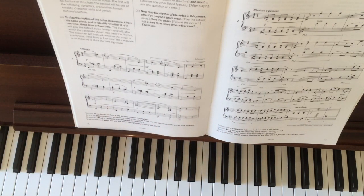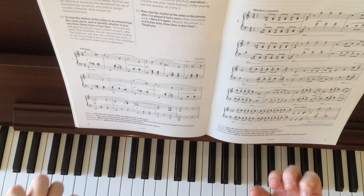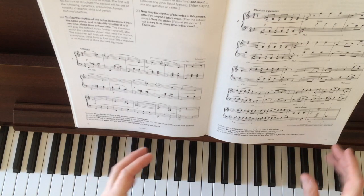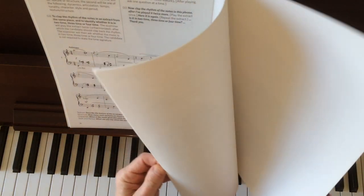There we go. And what gives the music its character? So you've got a variation of dynamics. You've got legato melody, you've got, what else have you got? Ornaments, you've got acciaccatura in there, accents on some notes, you have arpeggios. So all these elements can contribute to the